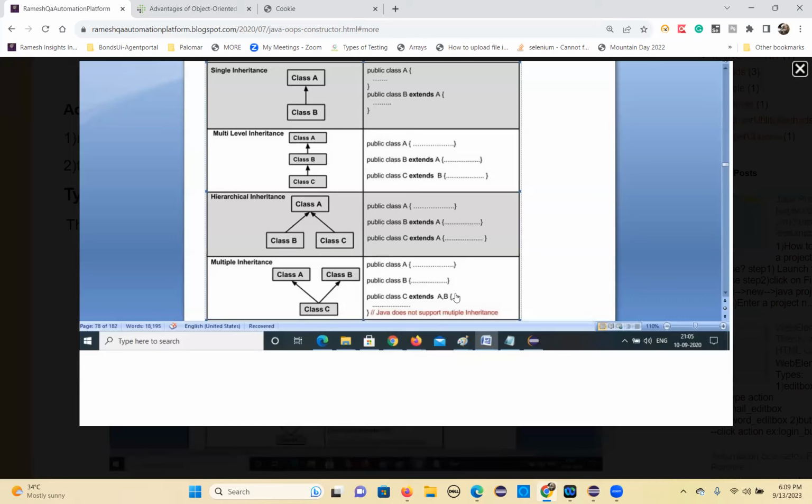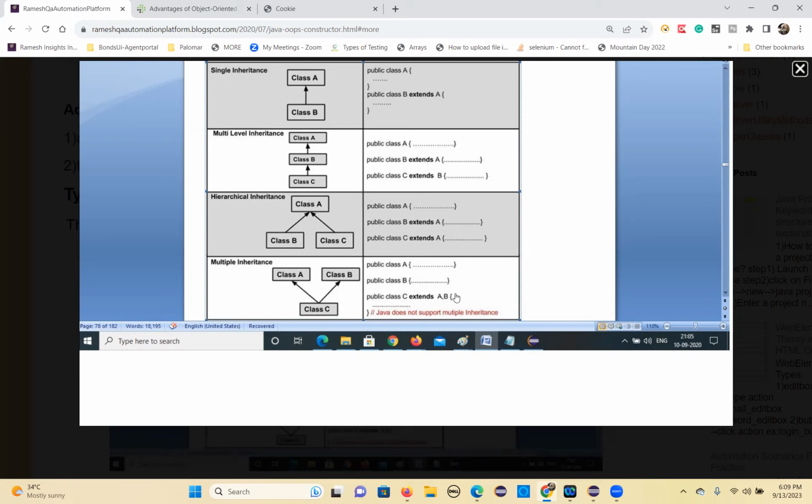Let's give more explanation. The answer is Java doesn't support multiple inheritance because they want to make the design very simple and avoid confusion. Suppose